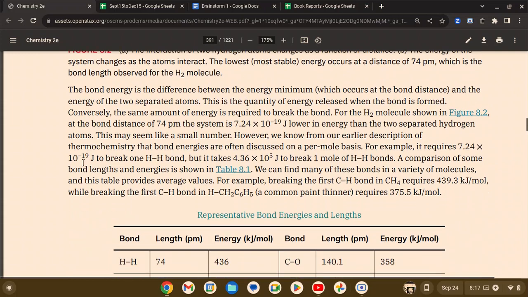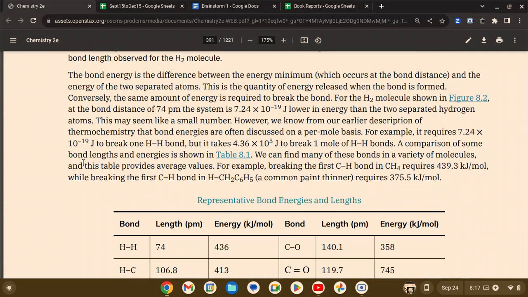So there's a little figure. The bond energy is the difference between the energy minimum, which occurs at the bond distance,